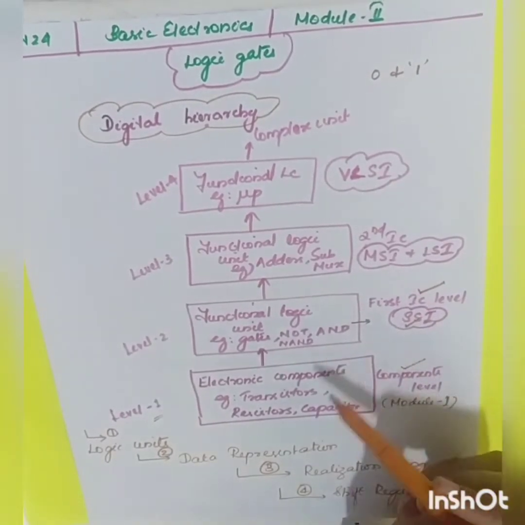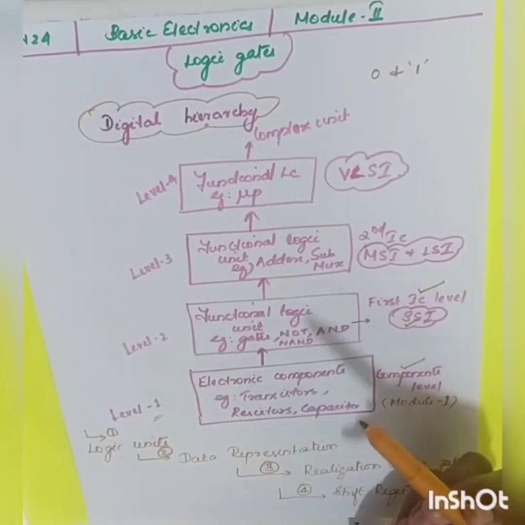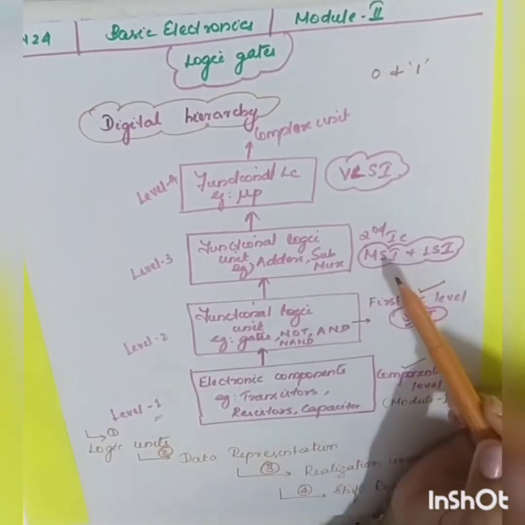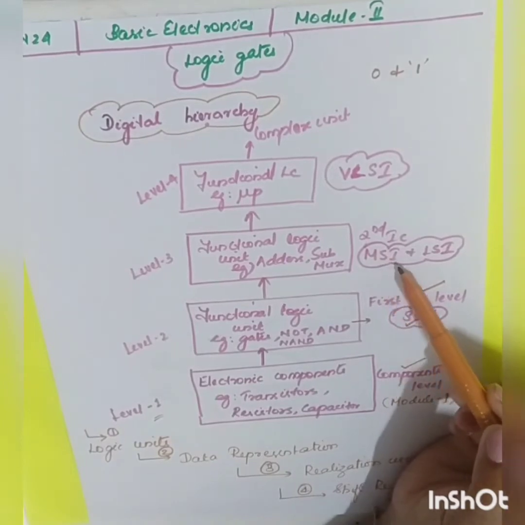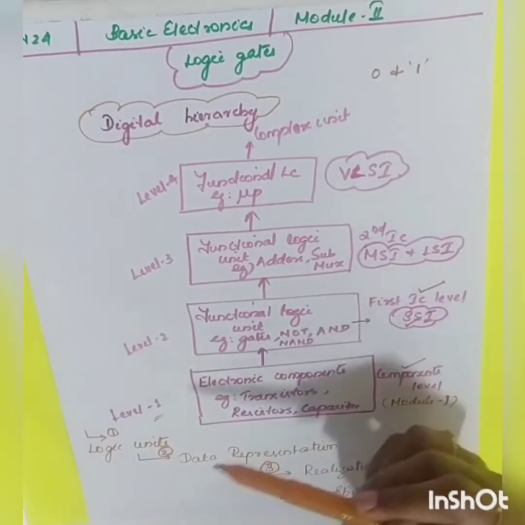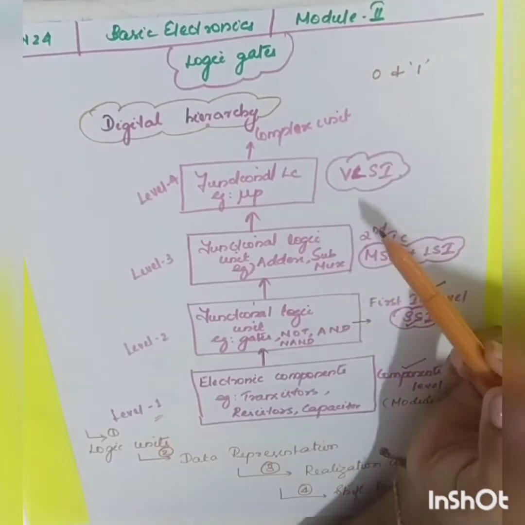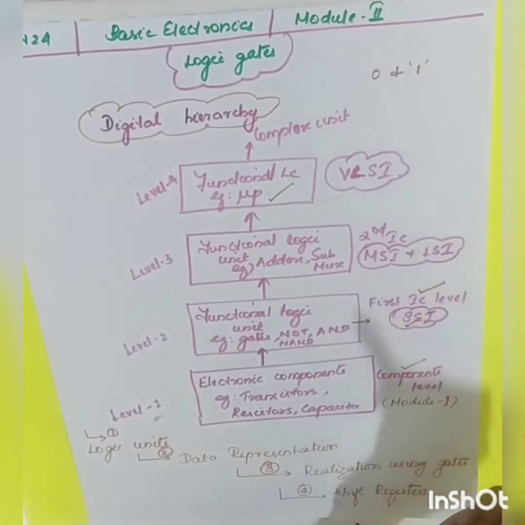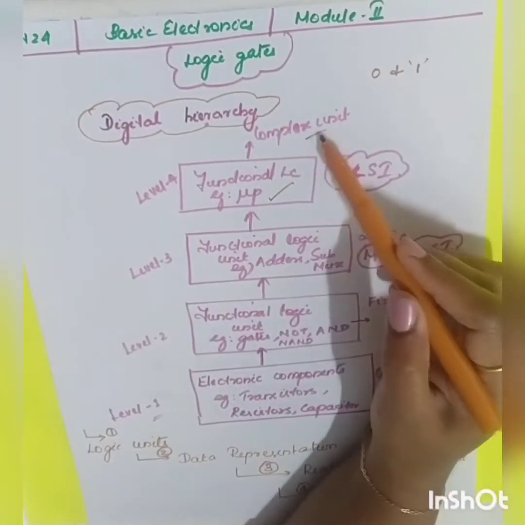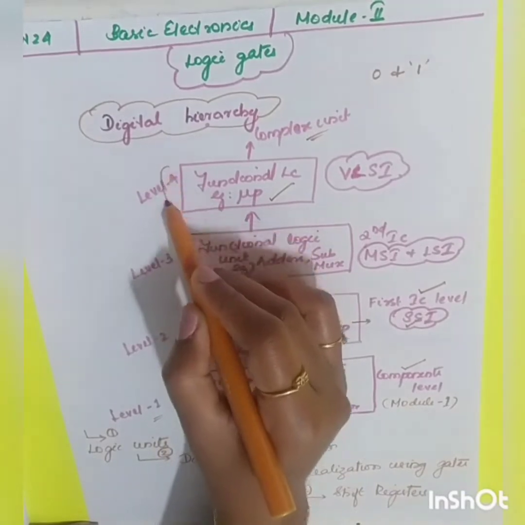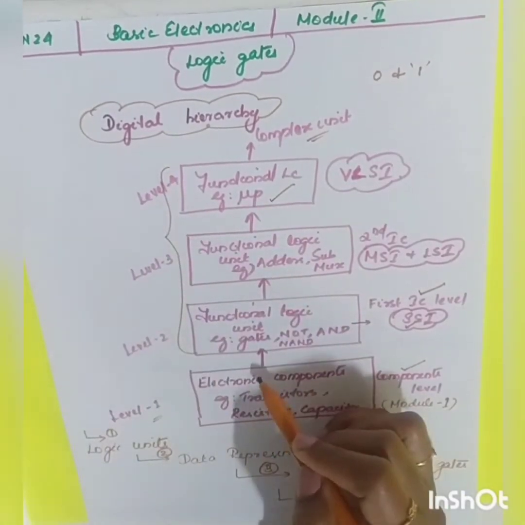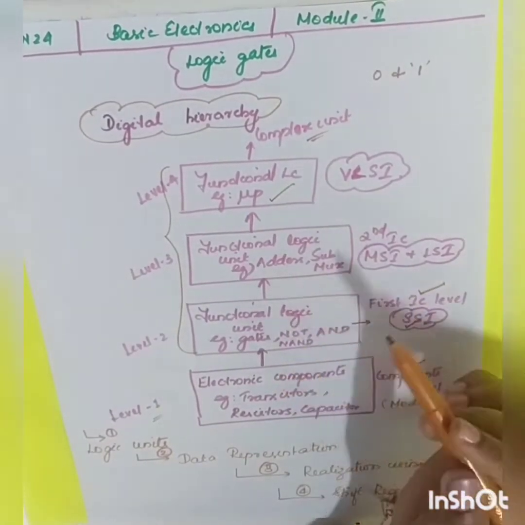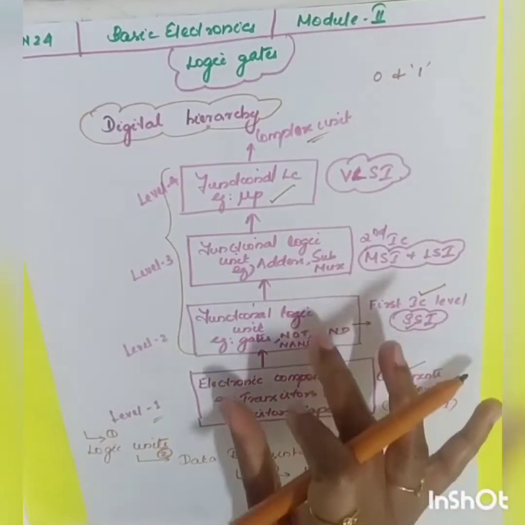Moving on to the next, more complex level, level 3, which consists of your adders, subtractors, multiplexers, which forms your medium scale integration and large scale integration. And more complex, level 4 will be your very large scale integration, for which the example is your microprocessor. After that, level 5 consists of more complex units. Okay, so basically this unit, your second module, deals with the second level to the fourth level. So starting off from the basic digital concepts to your